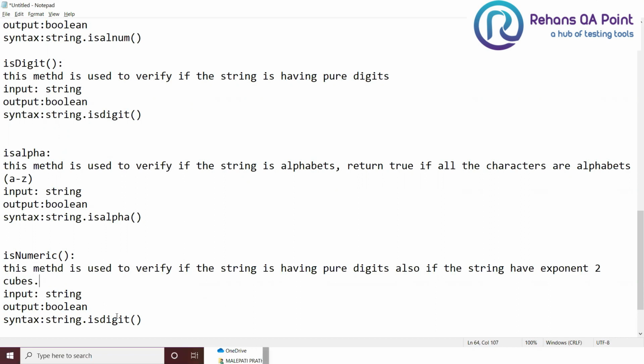The input is going to be a string, the output is going to be a boolean. The method name is going to be called isnumeric. Unicodes have the tendencies for isdecimal. Okay, isnumeric covers pure 0 to 9, and when there are exponential formats you want to check, then we can use isnumeric.